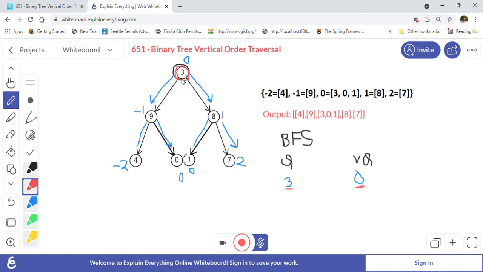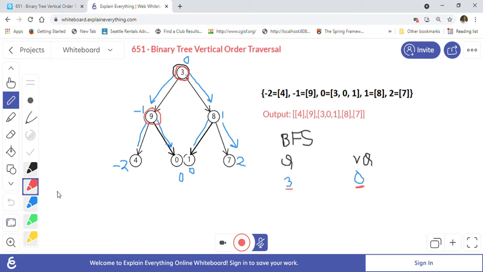Then we always go left and right, right? So first we will go left, and we are here at node 9. At the same time, we will put a map. A map will hold the vertical column, and it will hold a list of the nodes that occur in that column.